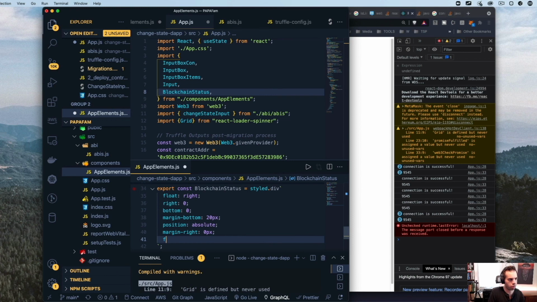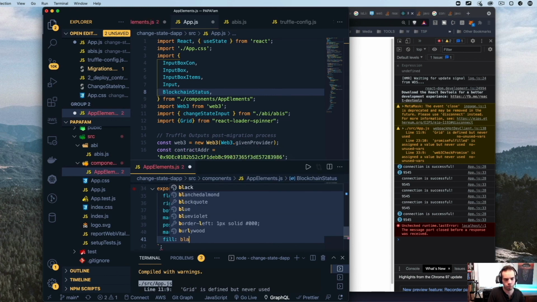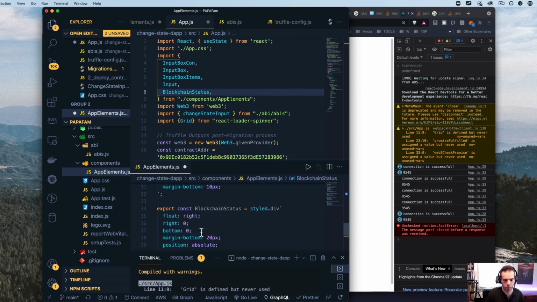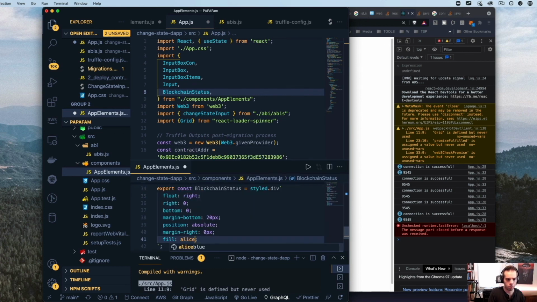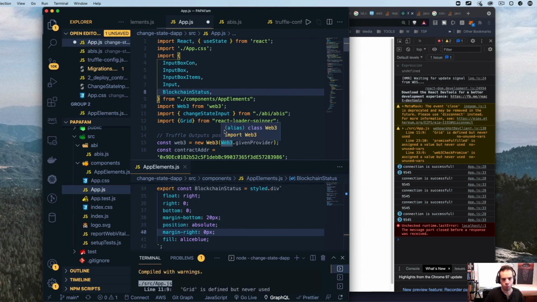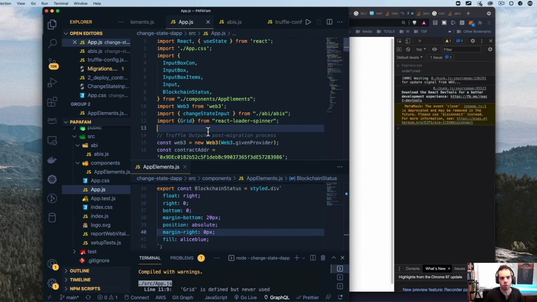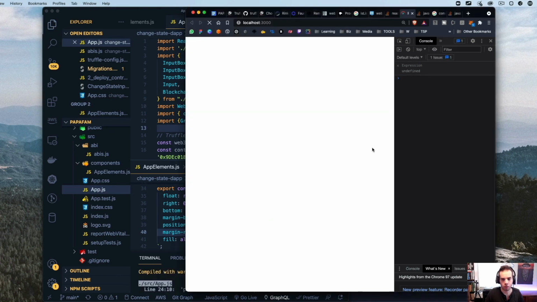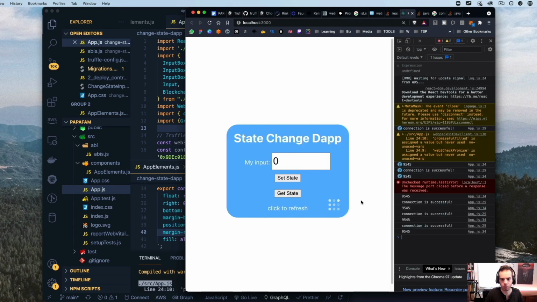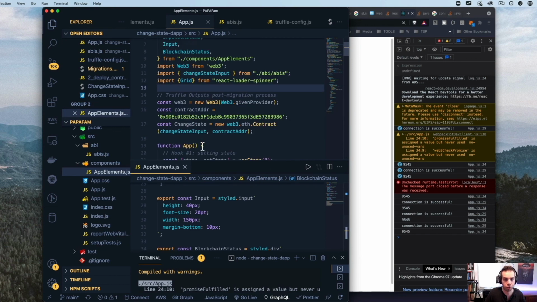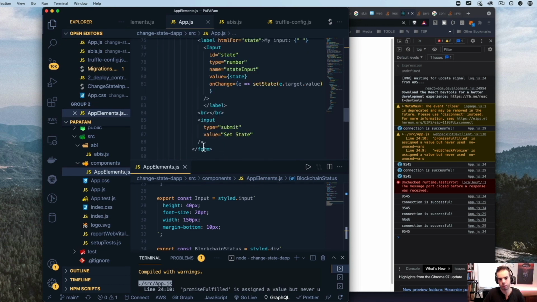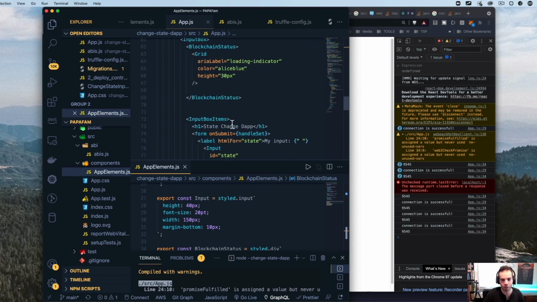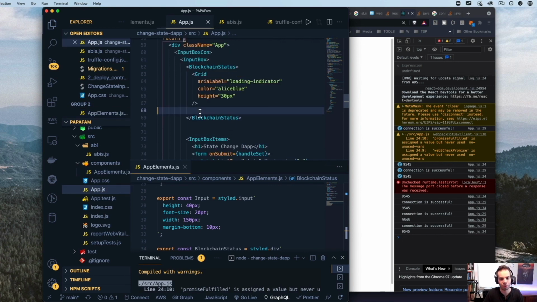And what else do we want to say? We want to say fill. We could just say, I think we were originally saying Alice blue. Yeah, so let's just put that there. Okay, awesome. So we're going to save that, and it should appear right in the corner, and it does, which is great. So now I just rendered this out in the space, and that's not really that exciting because of course I coded it there, so of course it would show up.